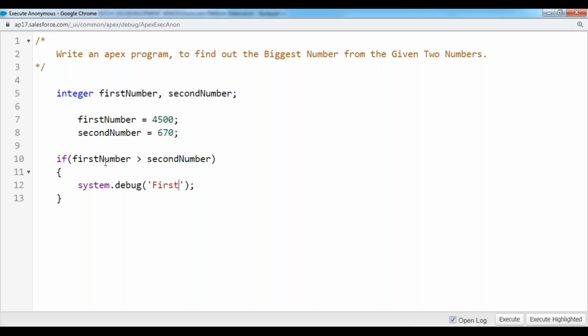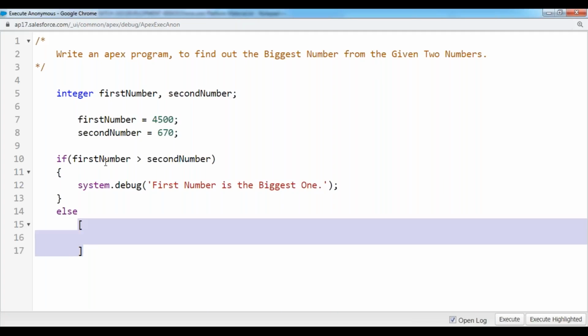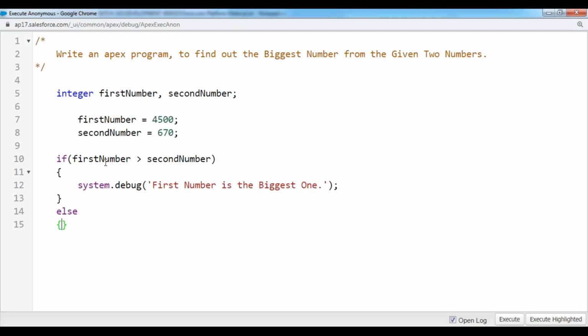System.debug, 'First number is the biggest.' Else, that means if the condition has failed, then I want to show the message, 'Second number is